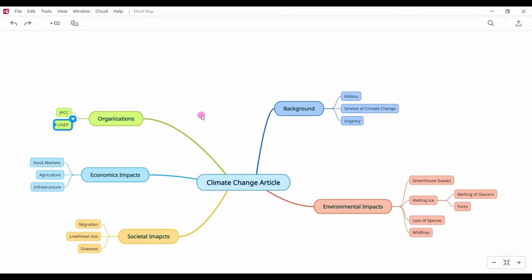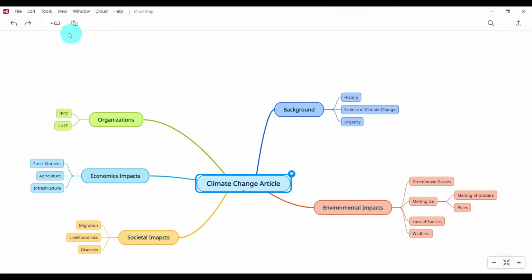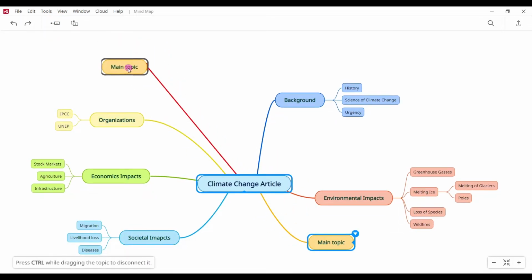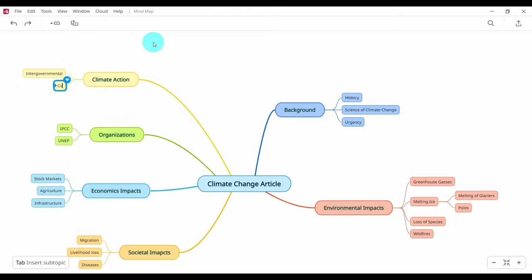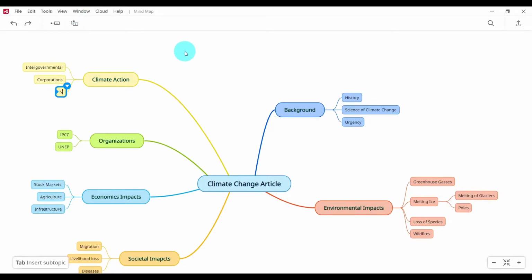Let me just pull this down a little bit and then select this and add another main topic, and then just drag it right here. So this article cannot be complete if I do not talk about climate action, and some subtopics, maybe intergovernmental action. Corporations need to take actions. NGOs,